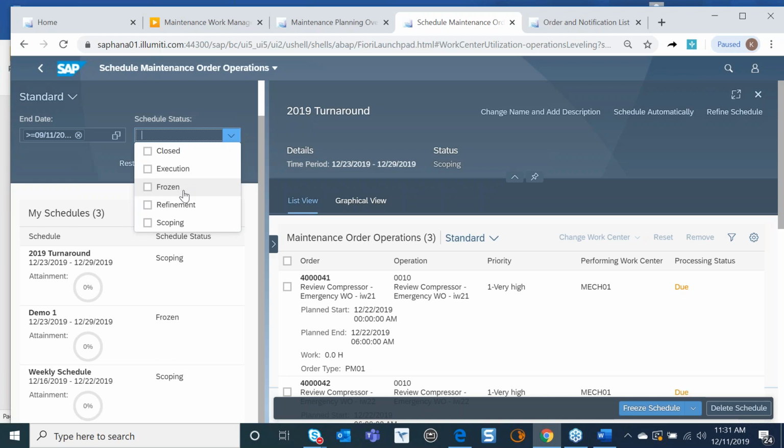Definitely for turnarounds and project work, you get to a point where your project manager says the schedule is frozen as of today. Any work after today is considered discovery. So that you have a good baseline of what your current costs are or should be when you freeze your schedule. And then any discovery work that you find in the process,